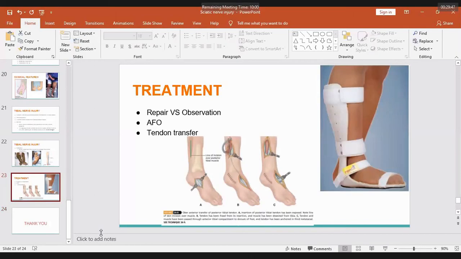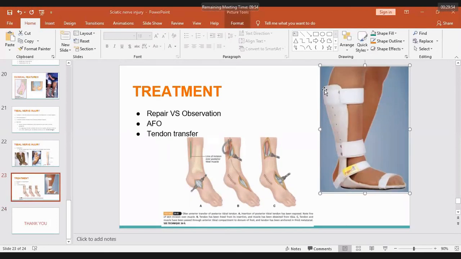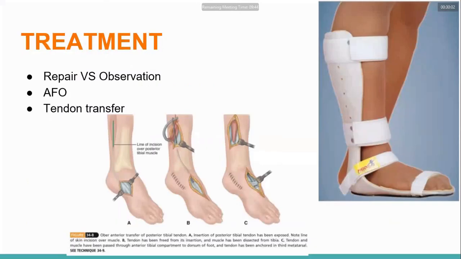Okay, the treatment portion. I'll again try to summarize the treatment portion. Most of the sciatic nerve injuries are incomplete nerve injuries. So what happens in those cases? You expect the nerve function to come back. In most cases, you are doing an observation alone. You have to wait for at least 6 weeks to 3 months before you intervene. In those 3 months, you will observe.